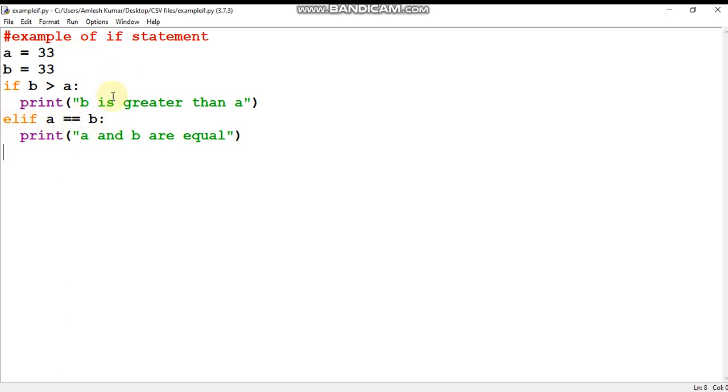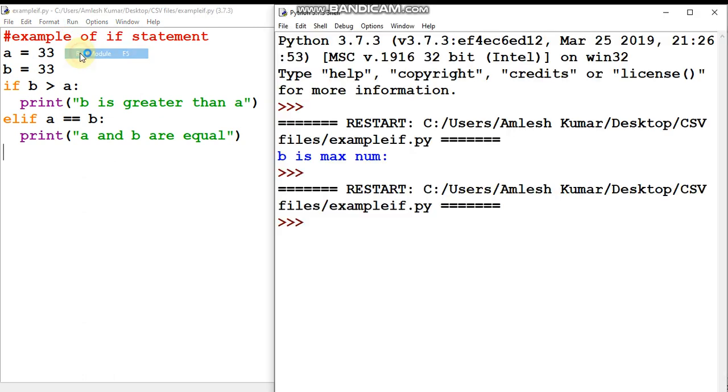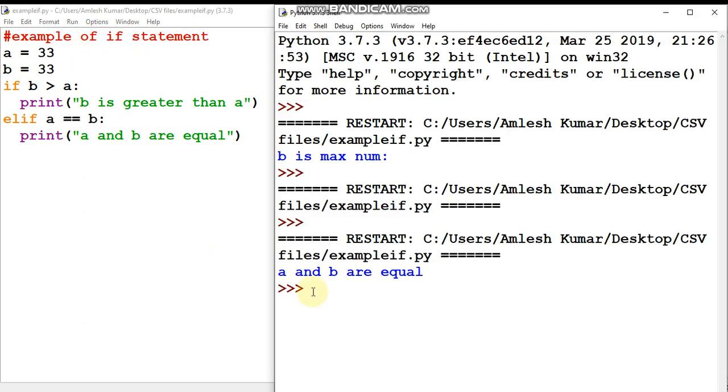I'm going to execute this one. A equals 33, b equals 33, so b greater than a, no, this condition is false, so this part will not execute. Another part will be checked: a equal to b, yes, the value of a is 33 and b is 33, so this part will execute. The result will be a and b are equal.